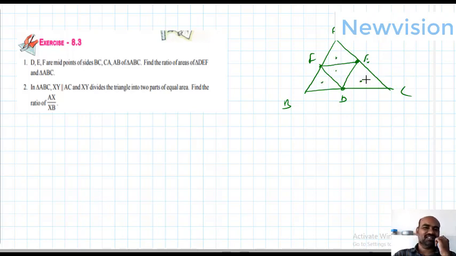You proved in areas concept. So what is he saying? That find the ratio of triangle DEF, this triangle with the bigger one. This is one part, means totally 4 parts only. So I can say that 1:4 is the answer for this problem directly. But here what is given in the chapter is similarities. By using similarities we want to try to prove. Okay.